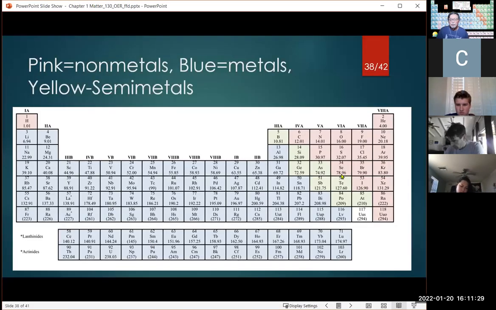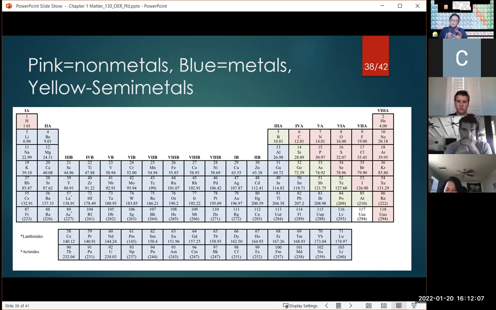The ones in kind of a pink color here, including hydrogen, notice the hydrogen's in the far left column. And also notice that there are Roman numerals on top of the column. Those Roman numerals are very helpful to determine some things here. They tell us something, we'll get to that. So hydrogen's in the far left, but that is a non-metal. Everything in pink is a non-metal. Everything in blue is a metal. And then the yellow green color is a semi-metal.